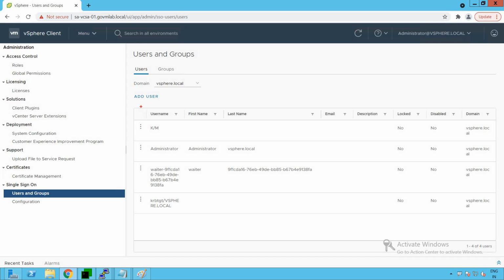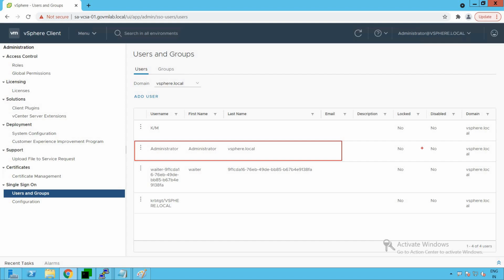Now, if you look at this UI, we have a few sample users created. These are system users that vSphere creates for its own internal operations. But there is one user that gets created as a part of our vCenter installation, which is the administrator user. This administrator user is the super user, as we all know and are very well aware of.